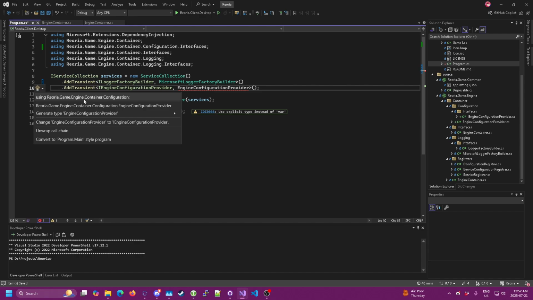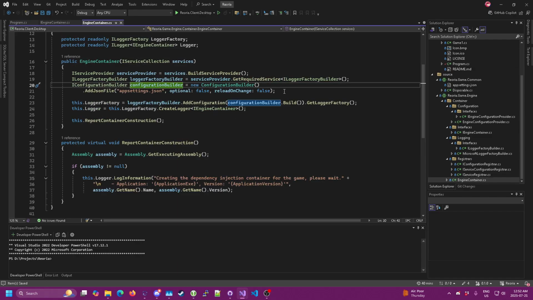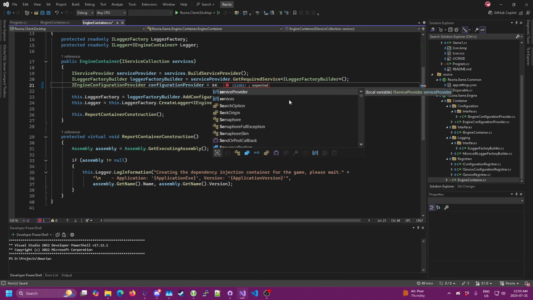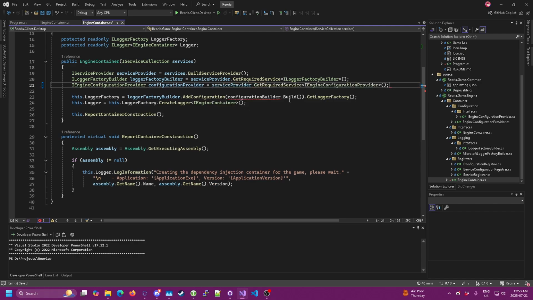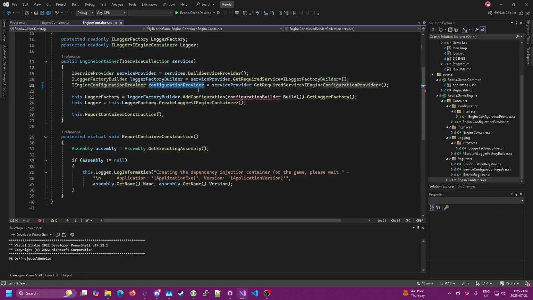Now if we pass this in, we can get it in our container and we can use it here instead of this. So we can do engine configuration provider services. We can just do that. And then we can do configure to get